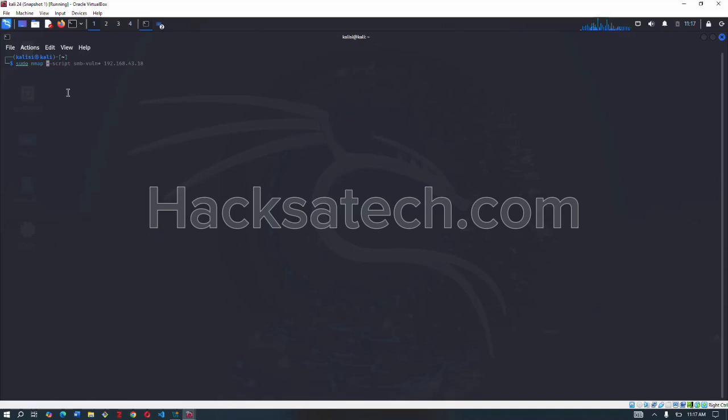So nmap, I'm gonna use -sV, the version scan, then the IP address, 192.168.30.18. All right, so these are the commands we need to use to scan for open ports on our Windows 7. And before that, we want to check if